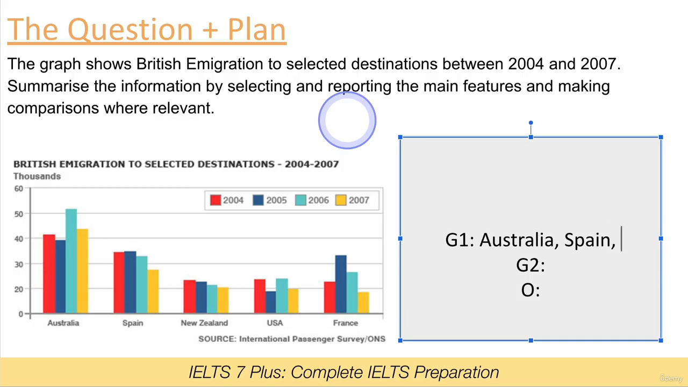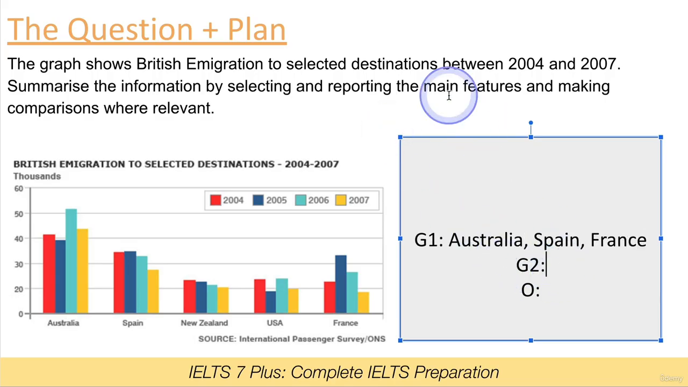We can either include France in this one. Let's include France actually because they're all over then. Well, actually not all of them, but at least 1 year goes over 30,000. That's how we can group them. And then the last two, we've got New Zealand and USA, which are all under the 30,000. Okay, so